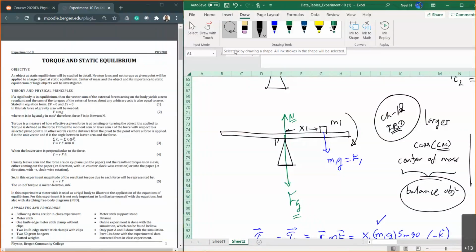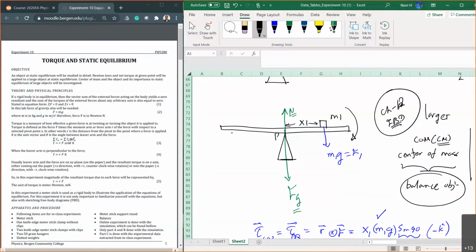Okay. Then let's continue now. If the object tries to rotate in that direction, what will happen? The object will become imbalanced like that, right? It will go into a position like that. If I want to bring it back to balance, what do you have to do? You have to apply another force